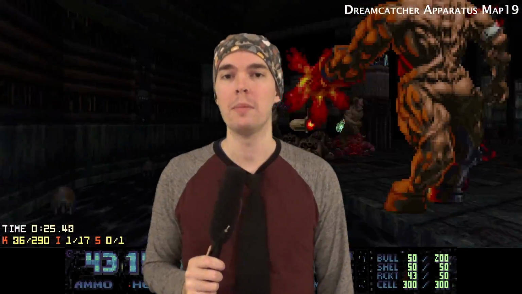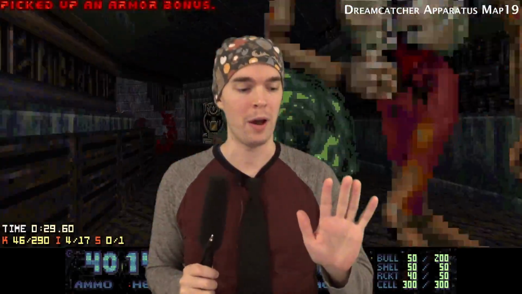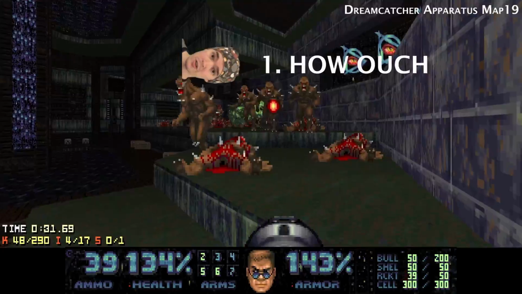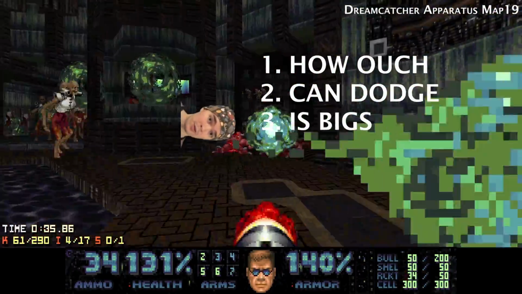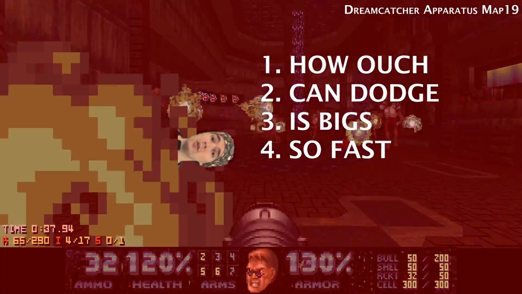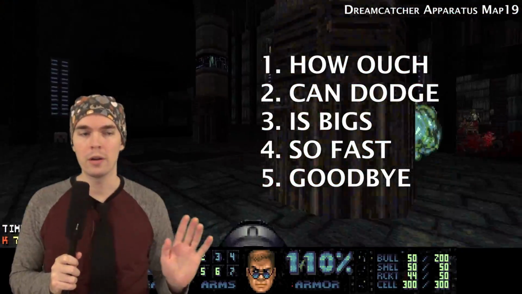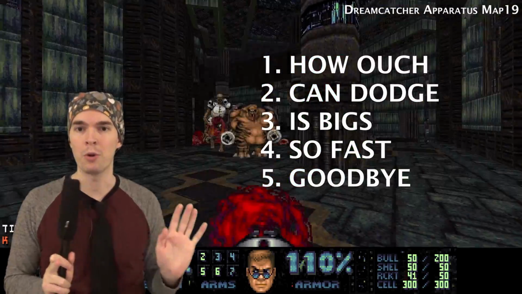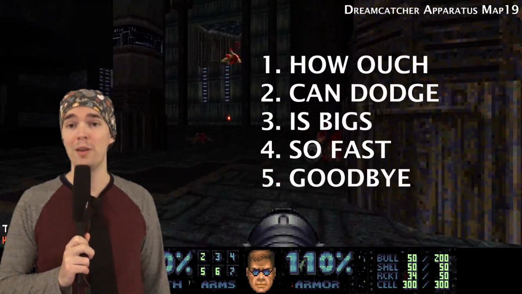When prioritizing a monster in general, we're mainly concerned with the following 5 things. Wow, I already had 5 fingers up. That was amazing. How much damage it deals, how easily that damage can be avoided, how much space that monster occupies, how quickly it can steal more space from us, and how soon we can get rid of it. These aren't in order. Ignore the numbers. Okay, if they were in order, I would have put probably these 2 at the top, but I didn't, because